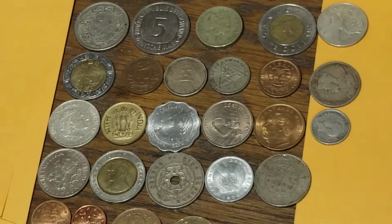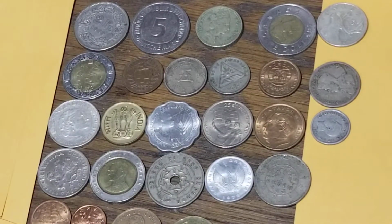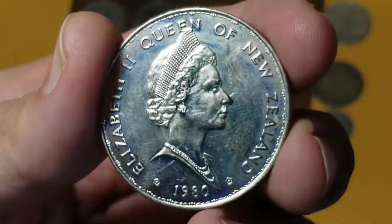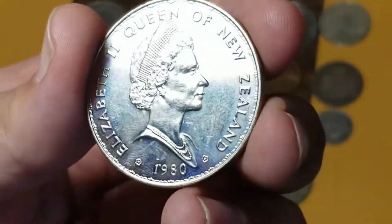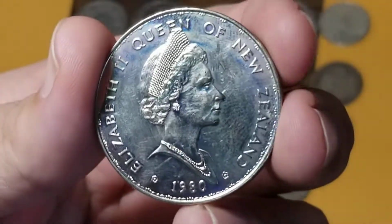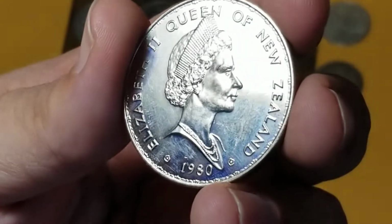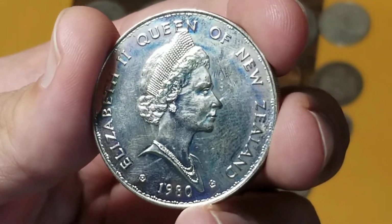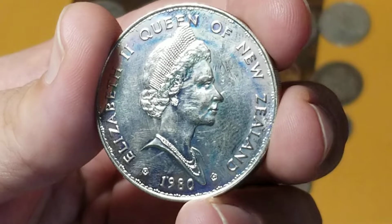This one is going to be from New Jersey, and let me pull this one out of the flip. Did I say New Jersey? I meant to say New Zealand. And the first thing I noticed about it is this is a portrait of Queen Elizabeth that we usually don't see very often. I've seen it on a couple of New Zealand crowns, but she has a tiara that I think